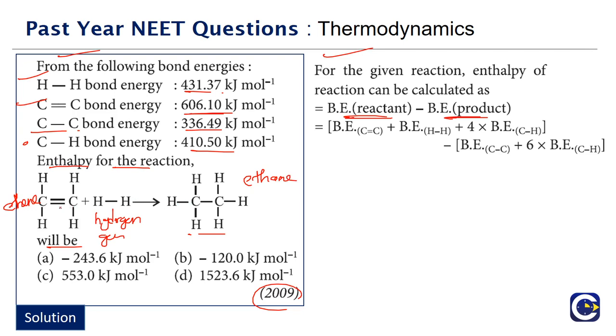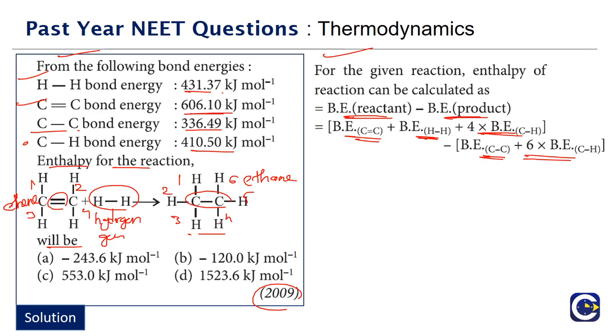If you look at the reactant side, let us talk about the comparison per mole. There will be 1 mole of carbon double bonds, 1 mole of hydrogen single bond, and 4 moles of carbon hydrogen single bond, because you can see 1, 2, 3, 4. When it comes to the product side, we have 1 mole of carbon single bond and 6 moles of carbon hydrogen single bond. Why does the 6 come? 1, 2, 3, 4, 5, 6. 6 moles of carbon hydrogen single bonds.